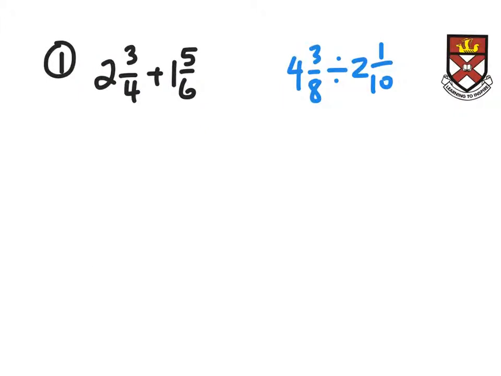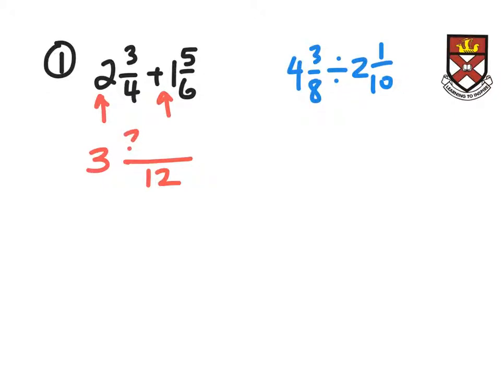First question, two fractions. The addition one, the first thing we deal with are the whole numbers. So we do the 2 add the 1 to make 3. Then we need to make a new bottom number. So looking specifically at the 4 and the 6, what's the first number which appears on both the 4 and the 6 times table? That'll be 12. So you've got your new bottom number,